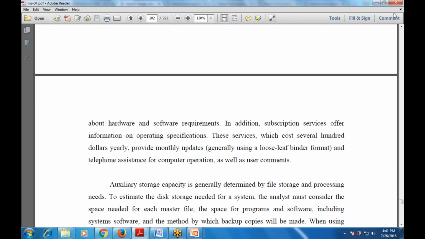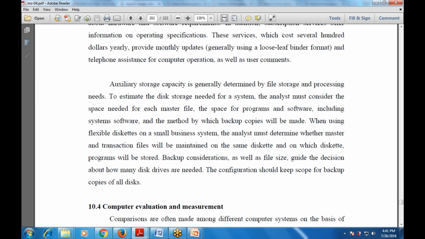And when we talk about auxiliary storage capacity, that is determined by the file storage and the processing needs. What is the file storage? If it is more than 4 MB as per this example, then we have to use the auxiliary storage, external memory, within the computer. So that is determined by the file storage and the processing needs. And to estimate the disk storage needed for a system, the analyst must consider the space needed for each master file. Because